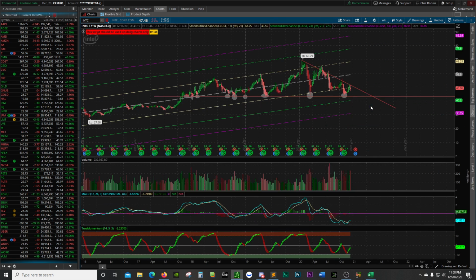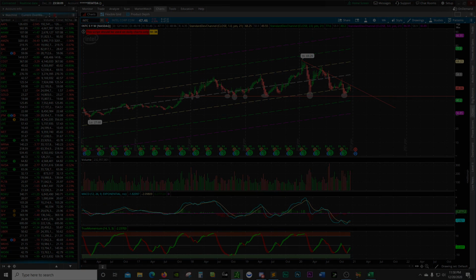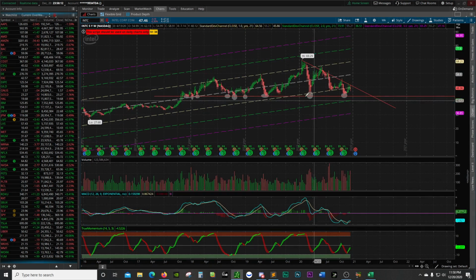So you don't care how many times it bounced off of support, right? I mean, I like multiple support areas like that, don't get me wrong, but the fundamentals on this are terrible. Okay. The only thing I think I need is to get better at researching fundamentals, because I didn't really know how to look into this very much. I only looked at the news and found out MSFT dropped them, and that was all I looked at, I guess. So I guess I should work on that too.